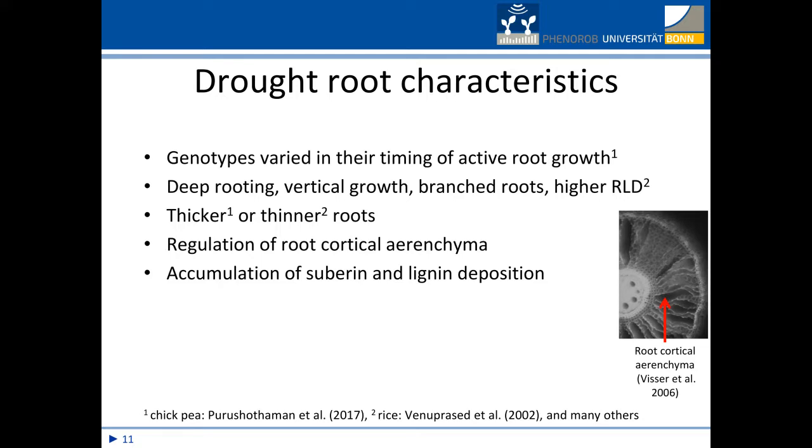Genotypes vary in the timing of the active root growth. The root systems are more vertical, more branched, the root length in general is higher, and the plants develop deep root systems. Some studies report thinner, others thicker roots. Some crops form a so-called root cortical aerenchyma, which reduces root respiration by converting living cortical tissue to air volume. This seems to increase the drought tolerance by reducing